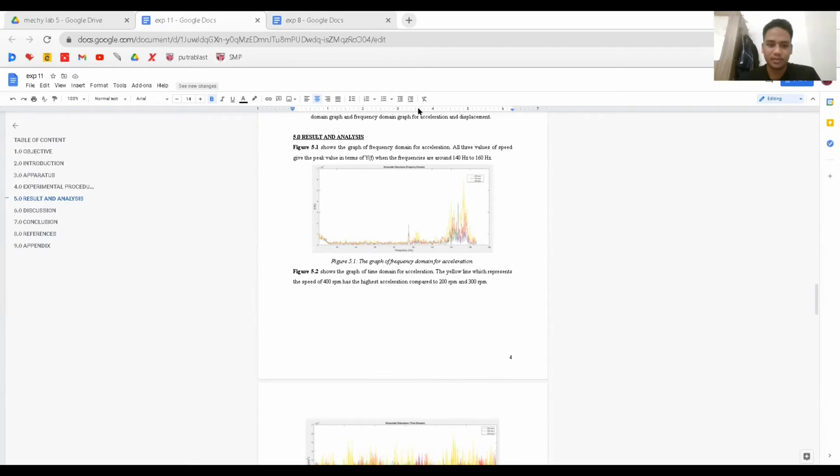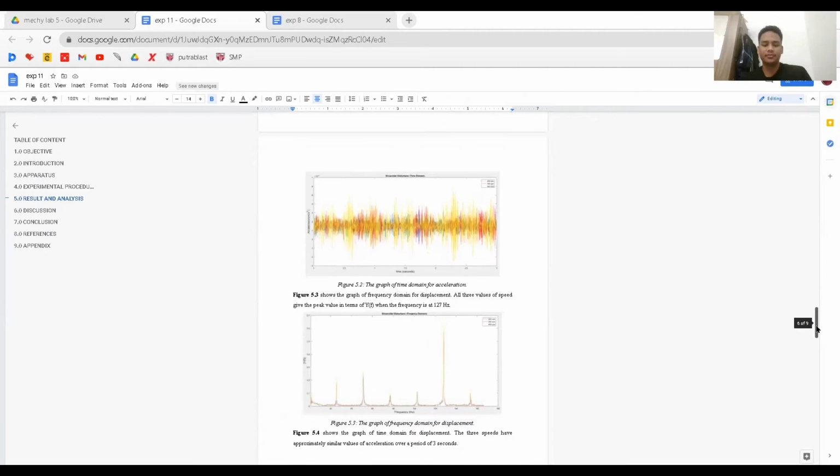The first graph is the frequency domain for acceleration after the experiment was held. The yellow line, which represents the speed of 400 RPM, has the highest acceleration compared to the 200 and 300 RPM. We will jump to the next graph.